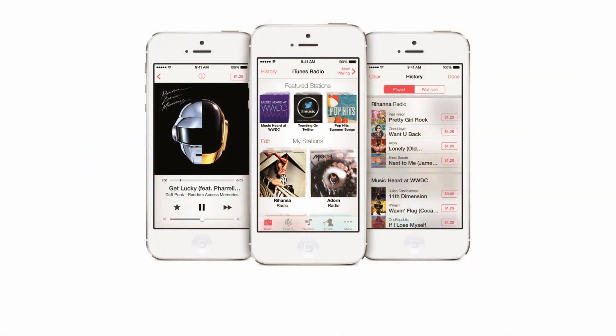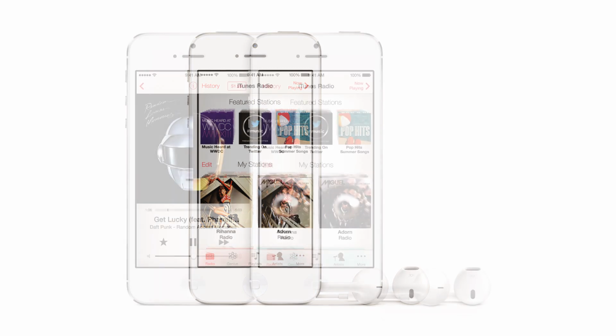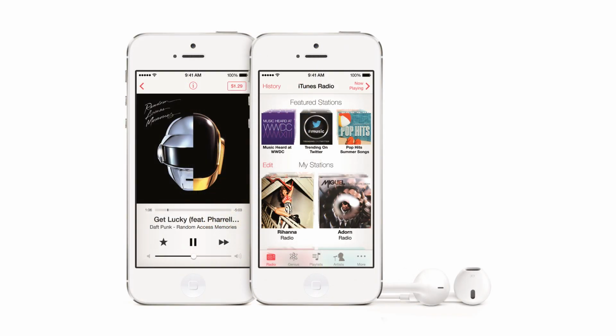iTunes Radio is coming as well. iTunes Radio is basically Spotify, but Apple's own version. It's going to be ad supported first off. It's all free, but it's ad supported. If you've got iTunes Match, you can have it ad free. So that's quite cool. I mean, it's quite a good idea, but again,